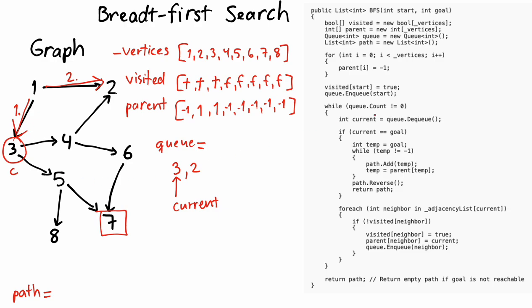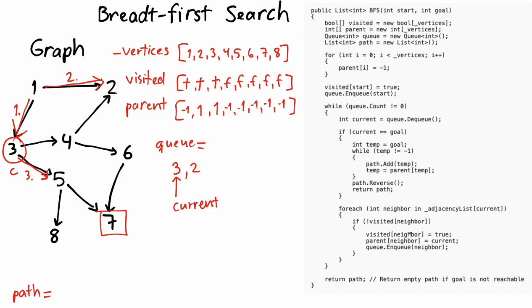And we are going to look if we get to our goal. No, we haven't. 7 is our goal. And after that we start checking all neighbors from 3's adjacency list. And here we start with this connection, and it is the third one which we check out, and we